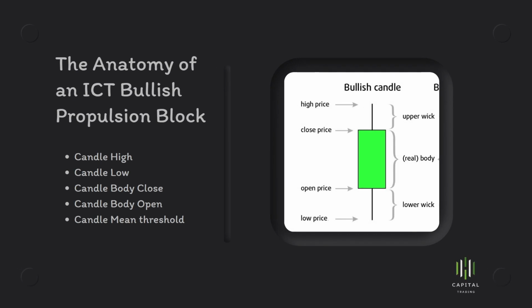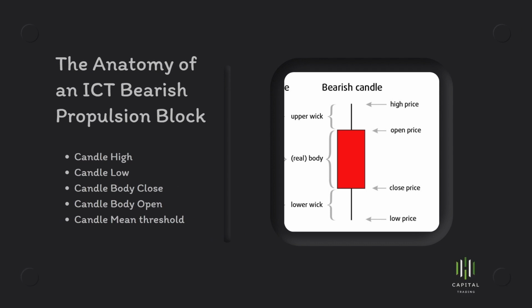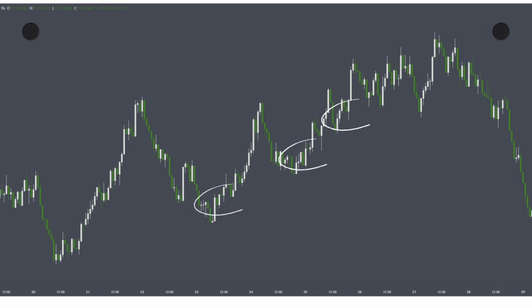but first we need to understand the anatomy. It's the same thing from the order blocks. We respect the high, the low, the body open, the body closed, and the mean threshold. So those are our sensitive levels or sensitive points when we are going long and we are going short using a propulsion block, right? So a demonstration,